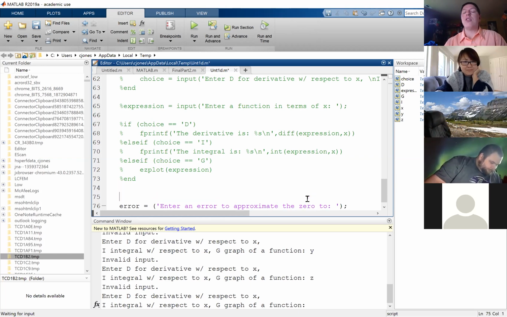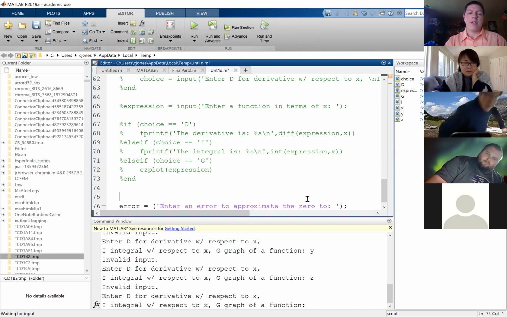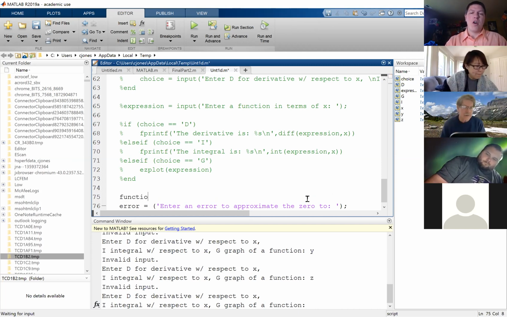I guess we need a polynomial to actually work on, or at least a function. So yeah, polynomial would be great, but so let's say the function. Oh no, function's a reserved word. So let's say fun is going to be equal to enter a function